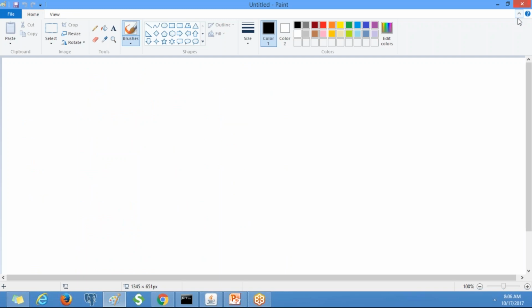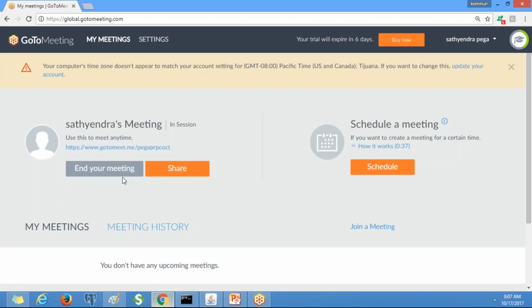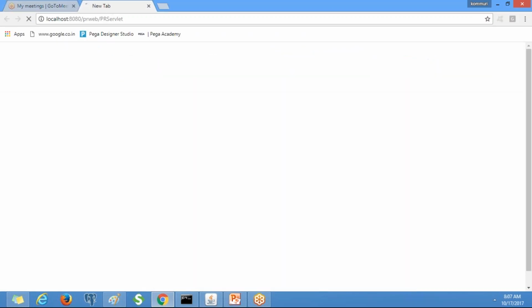So yesterday we have worked on activities and data types. What is a data type or data class? A data type is used to store the reference data outside of an application in a dedicated database. Whenever we create a data class, a table will be connected to that class. Yesterday we created country details, state details and city details data classes. Let me log in into the application.